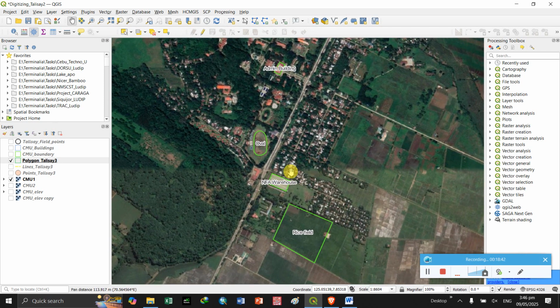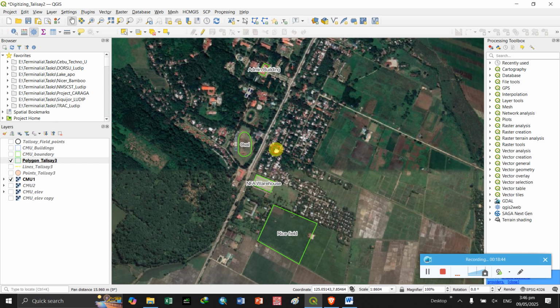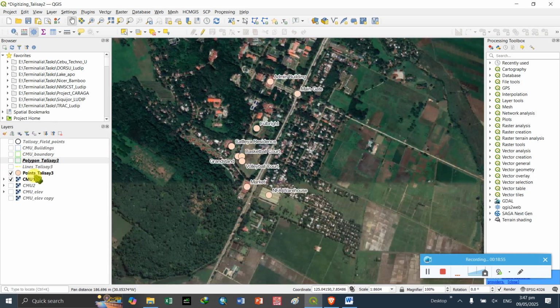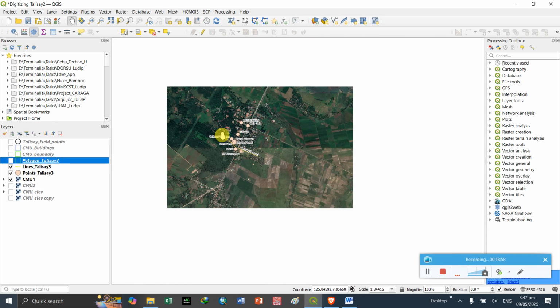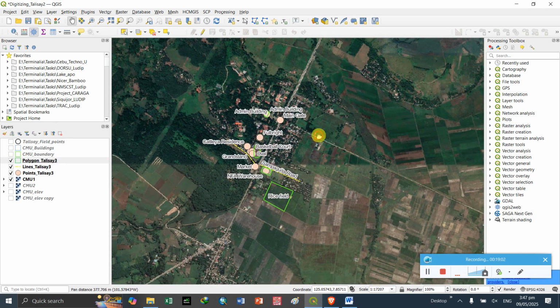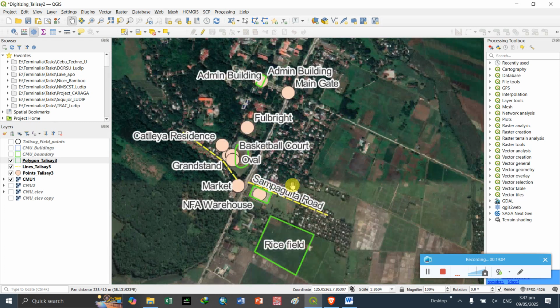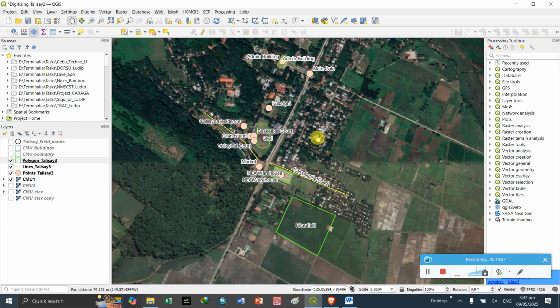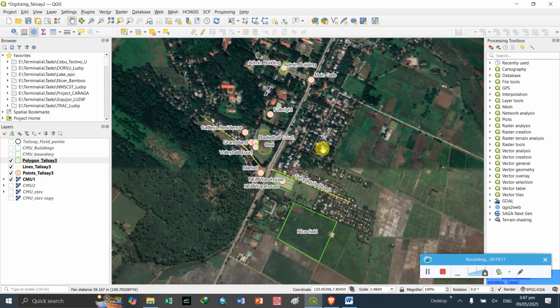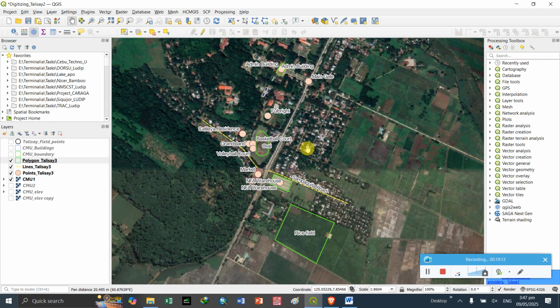Okay, if you are done with the three vector data, the point, the lines and polygons. Okay, so I hope you have gone through the process and are able to digitize the different vector data.